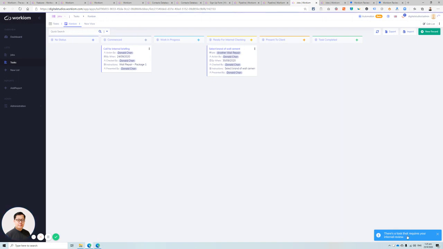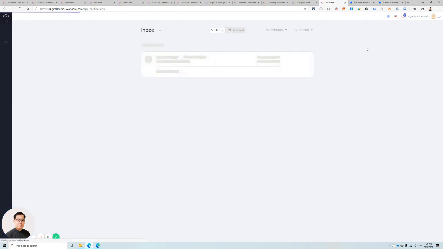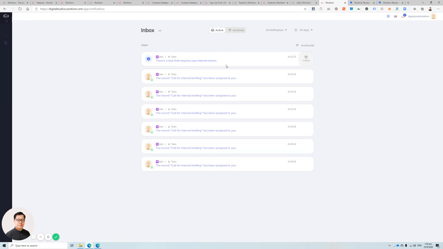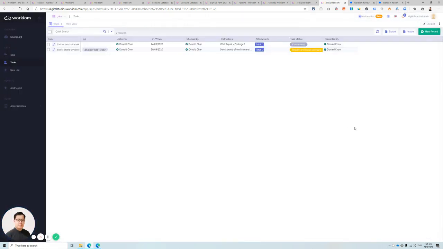And now you see that there's a notification, there's a task that requires your review. The notification goes here. The reason why we want to do this is in terms of the automation. If you look at it,